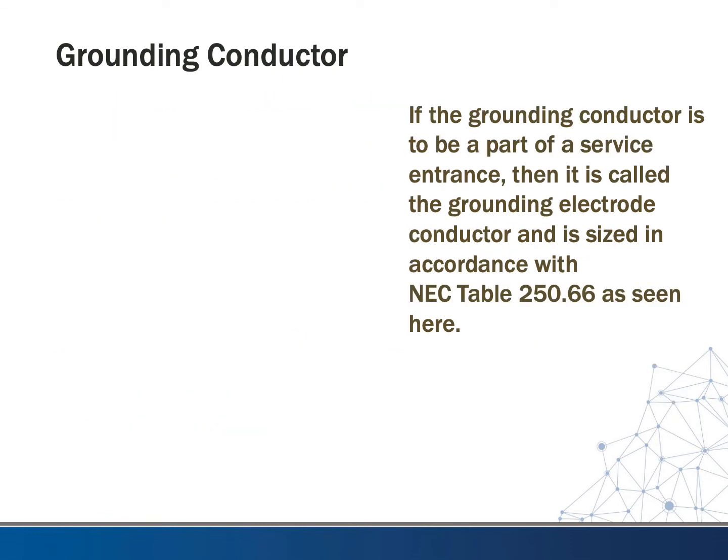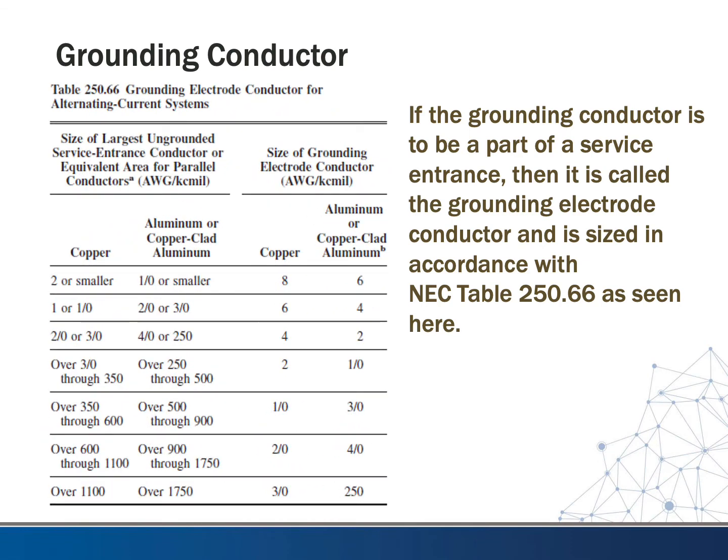So if the grounding conductor is part of a service entrance, or if it's on a separately derived system like the secondary side of a transformer or from a generator, then it is called the grounding electrode conductor and is sized in accordance with NEC Table 250.66. And so here is Table 250.66. The way this table works is it's based on the size of the phase conductor. So we can either have copper or aluminum. So if we know our service size, so like for a